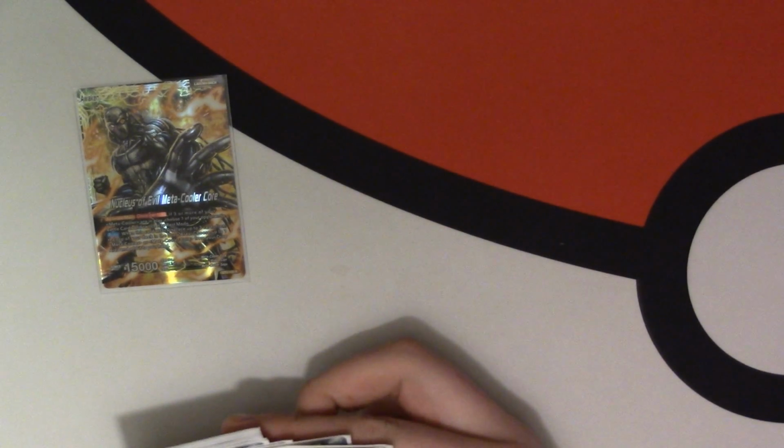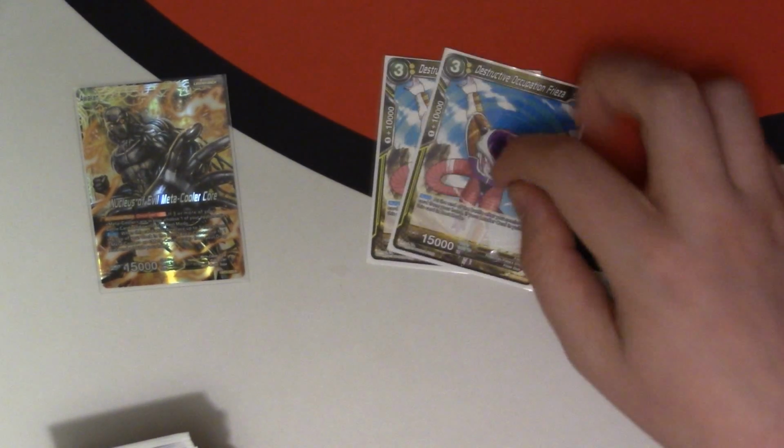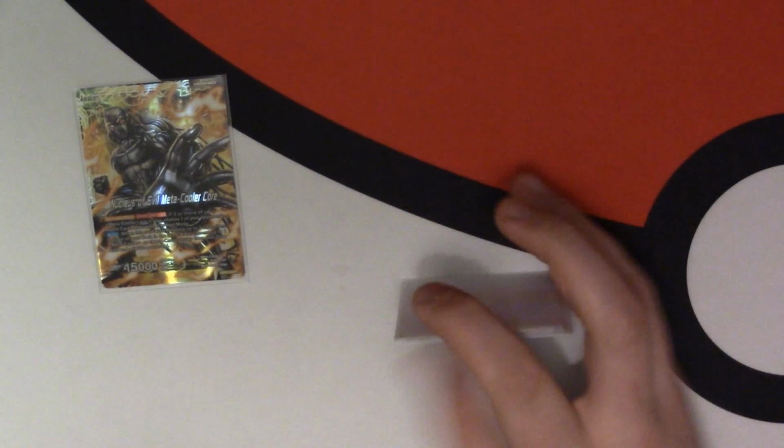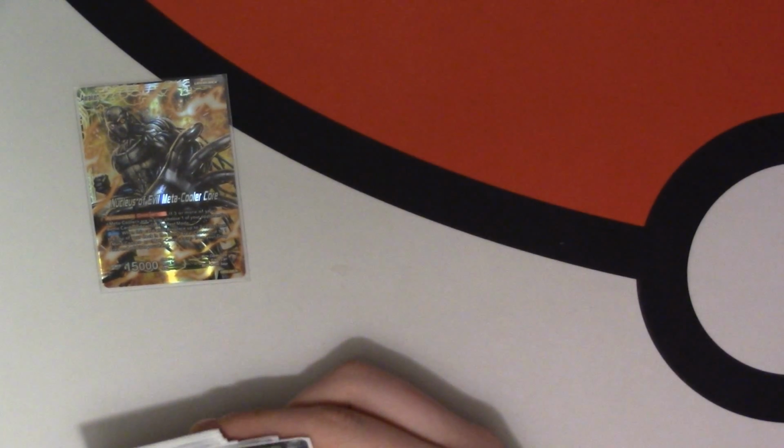So coming in for the 3-drops, we have Destructive Occupation Freezer. It's just a tap 1 combo that comes out into play and rests after he's done his comboing, as long as it's from hand. For 4-drops, we have 2 copies